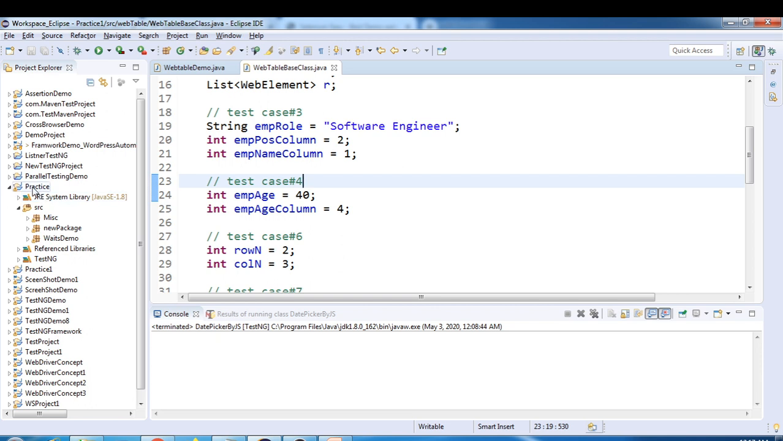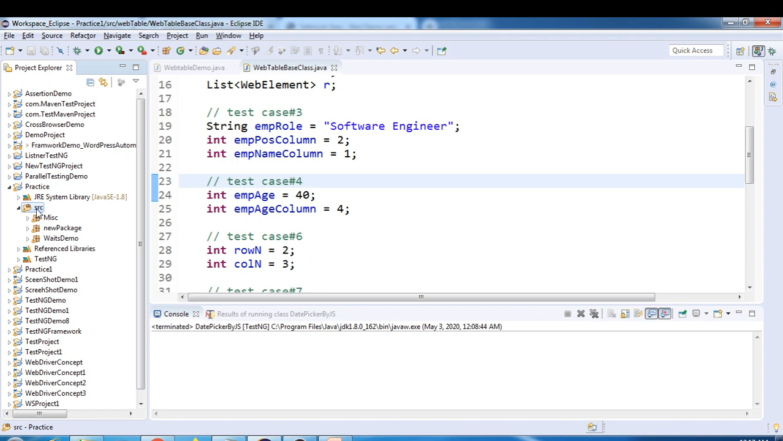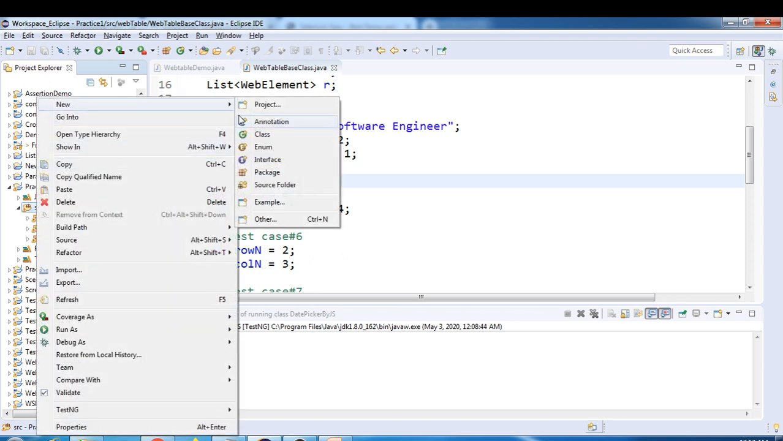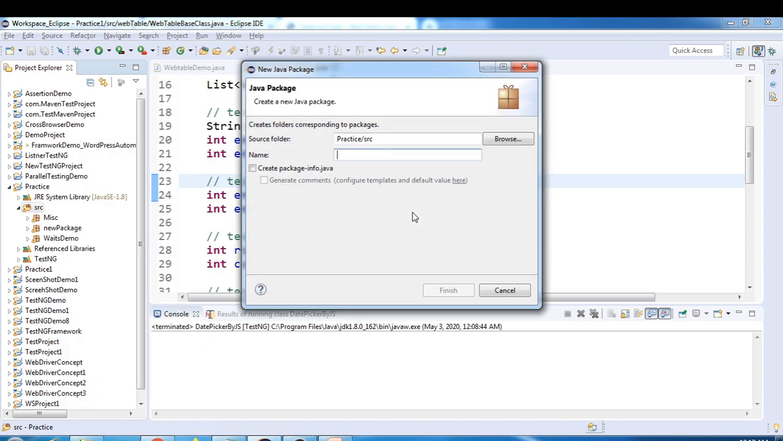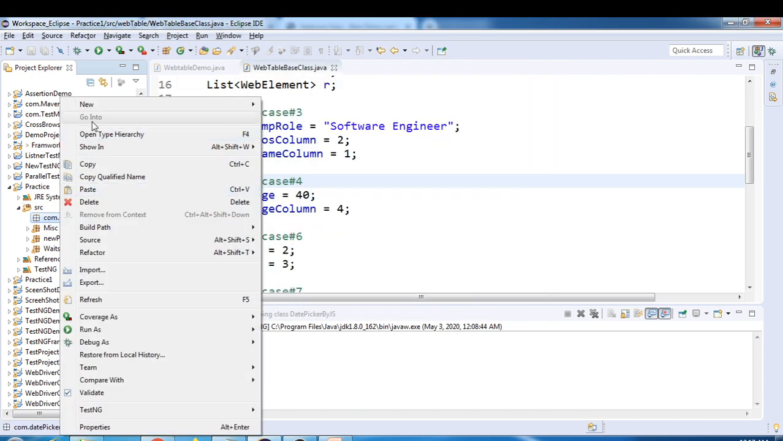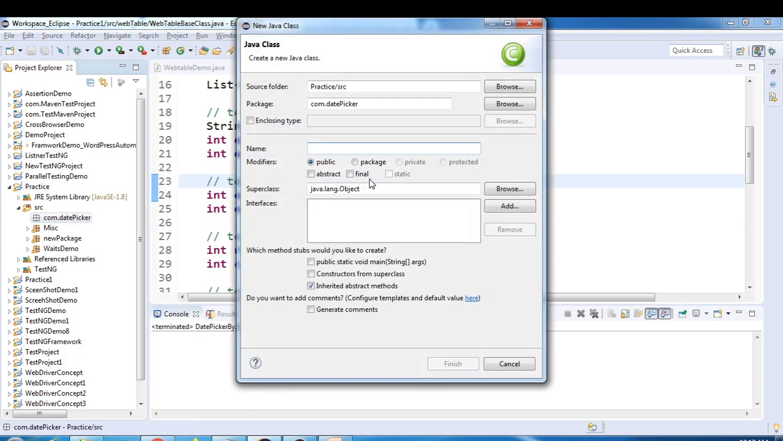So this is my Eclipse, and here I have a project called practice. So inside the src folder I'll create a package, let's say com dot date picker. Click on finish, and inside this I'll simply create a class called handle date picker. Click on finish,